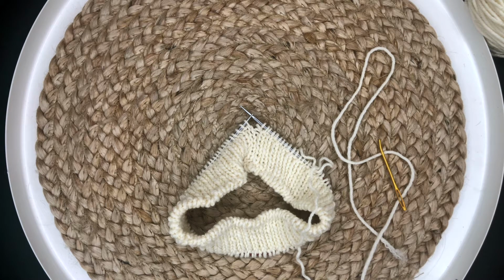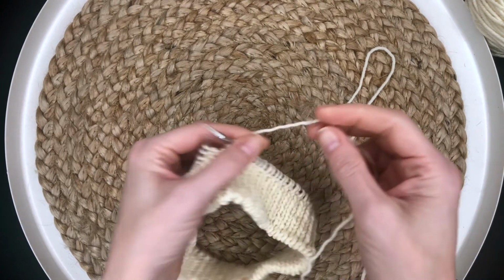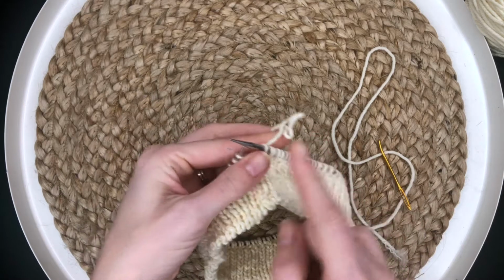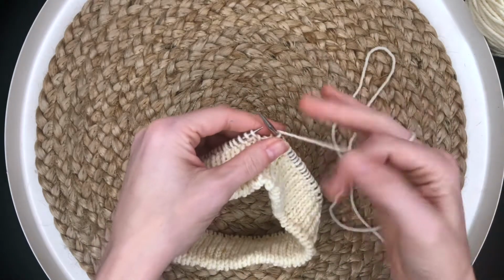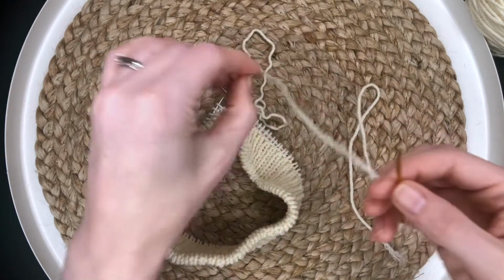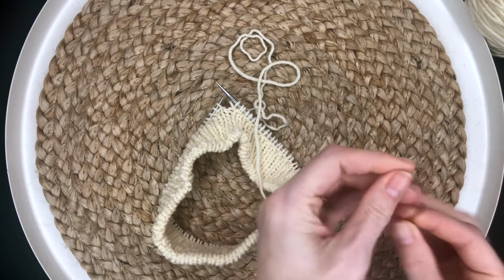Today I want to show you how to do my favorite tubular bind off, and it's a 1 needle tubular bind off. So what you need to do as you're getting ready is to make sure that you cut a length of yarn that's going to be big enough for you to do, essentially, the Kitchener stitch around the circumference of your work. So make sure you do that, and then make sure you have your tapestry needle, and we are going to go ahead and thread